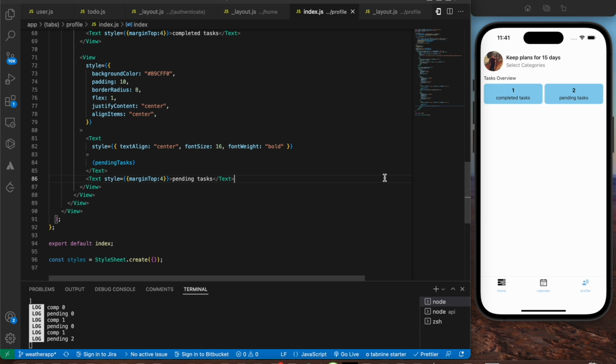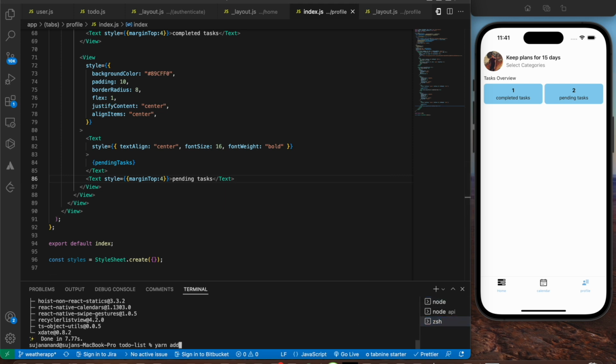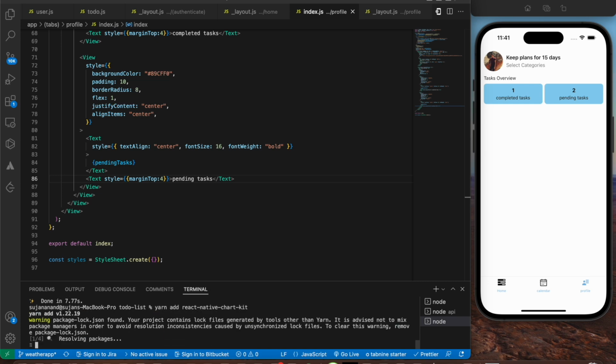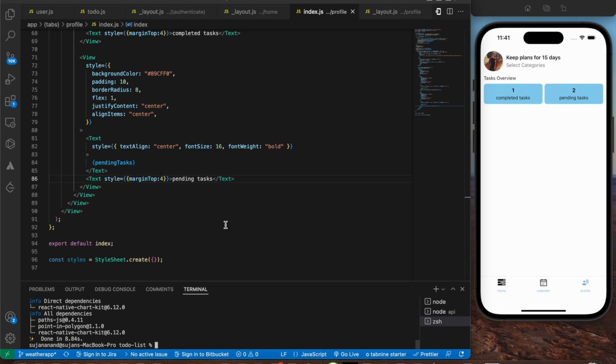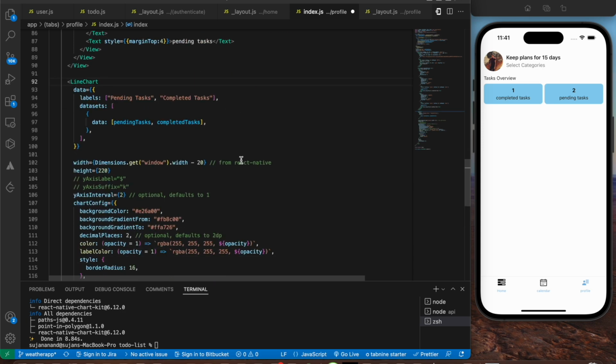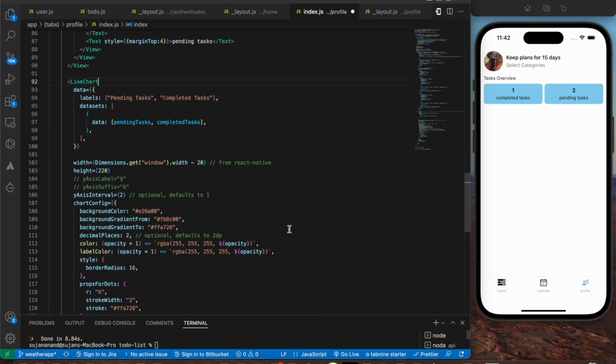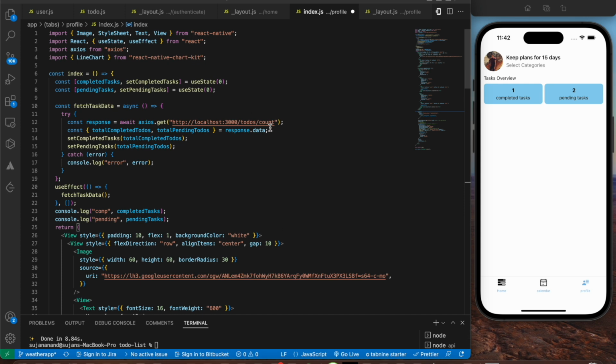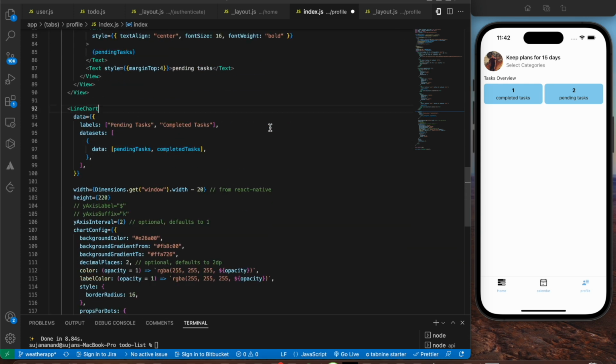So for that, we're going to install the dependency. So I'm going to come to the terminal, and here I'm going to say yarn add React Native chart kit. So let's install this. So now I'm just going to paste the code for the line chart. You would get it in the official docs as well. Alright guys, I've just pasted the code for the line chart. You can import that from React Native chart kit like this, and I've given n number of options to this,